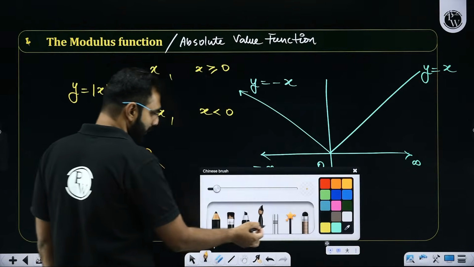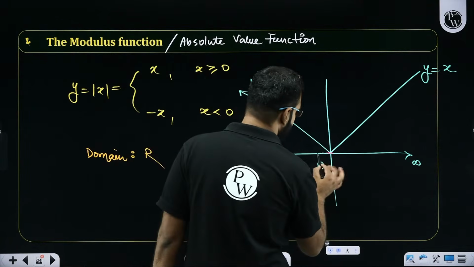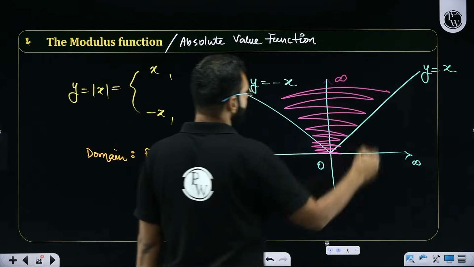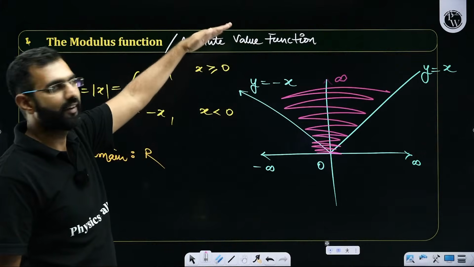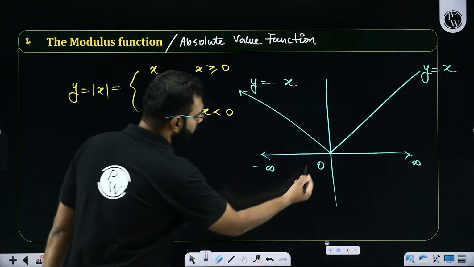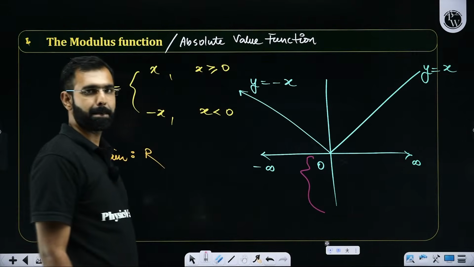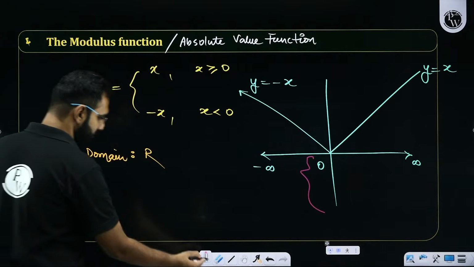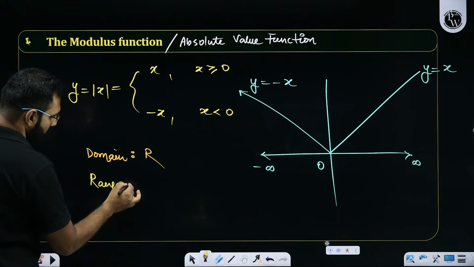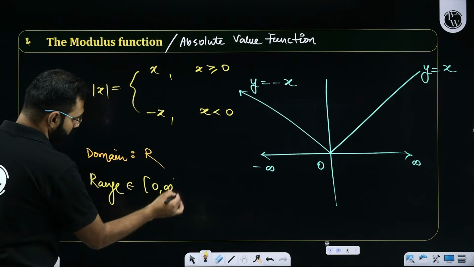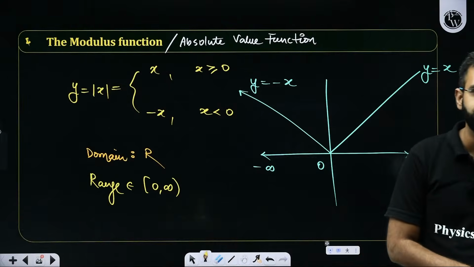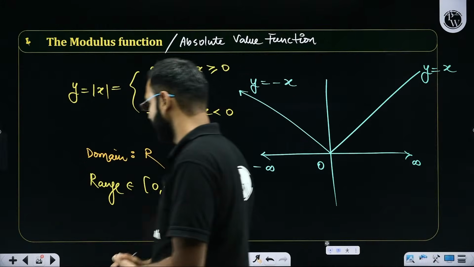Again, I'll apply the same logic. If I notice the graph, I'm clearly seeing that the graph exists from 0 to plus infinity. I'm noticing the existence of the graph on the positive side of the y-axis. Yes, 0 is there, but all the positive values are also there. But there is no graph on the negative side of the y-axis. That gives you a complete idea of the range, yes or no? So with this, what I'll say is that the range here is going to be all the numbers from 0 to infinity, where 0 is included. So all the non-negative numbers. Brilliant. Keep it up. Really nice.